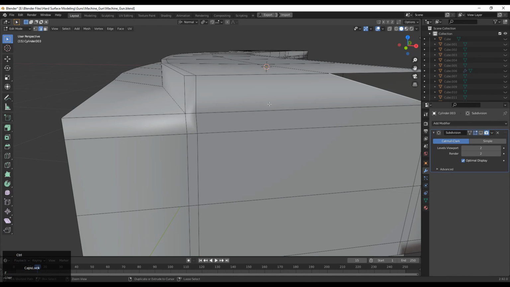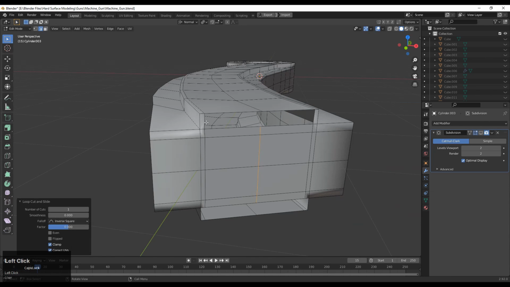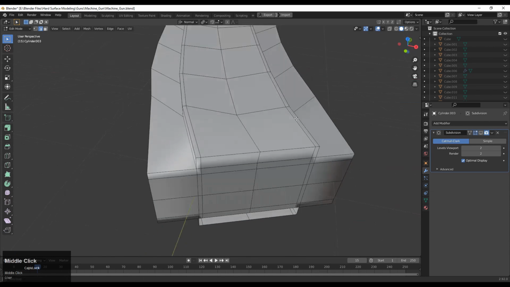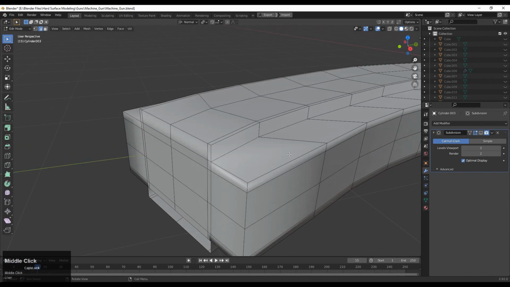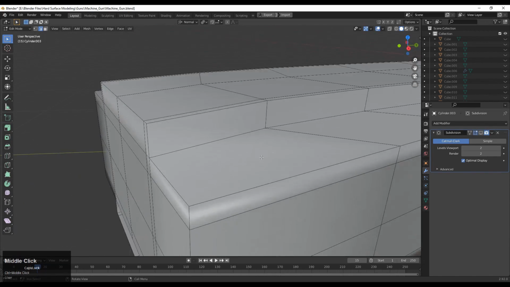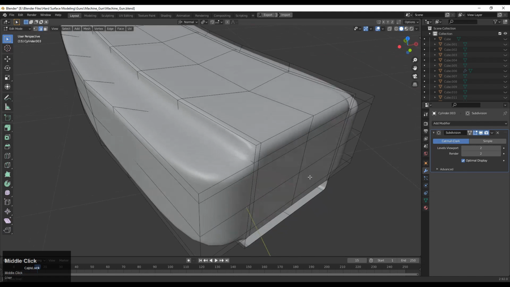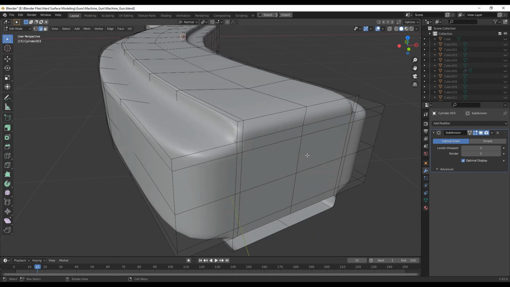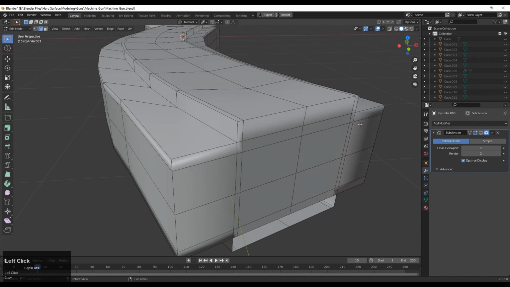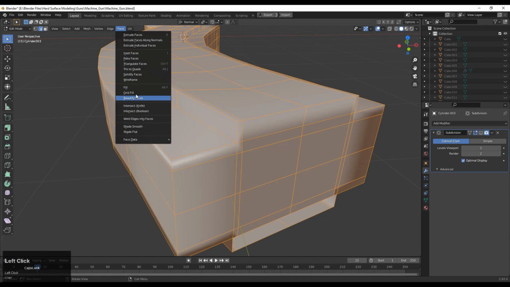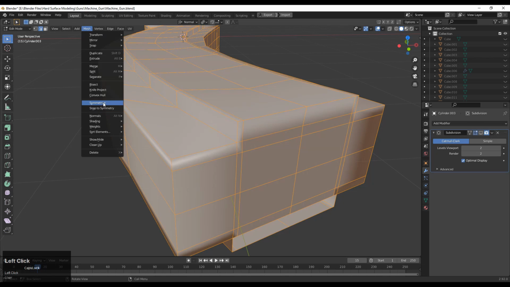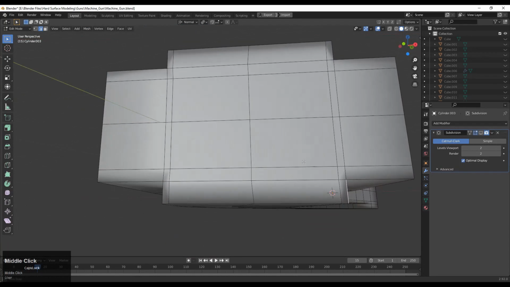So here I am creating the simple topology. And you can use symmetry also, so select the whole mesh and then symmetrize. That option is also there. And you can see I have simply created it: select the whole mesh and then symmetrize along the z-axis. Choose the proper axis for that.